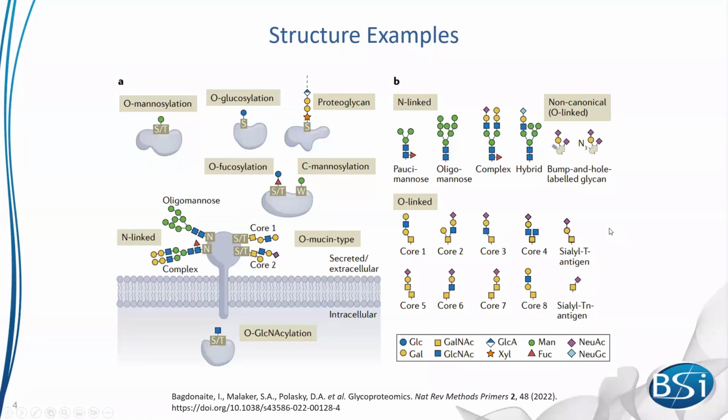O-linked glycans are different in that the structures can be a little bit simpler than N-linked glycans, but they attach at a wider variety of positions. They attach at the serines and threonines, and there can, in some cases, be several different sites on one particular digested peptide that an O-linked glycosylation can attach to. So actually finding the location of it can be a challenge, and Peaks has some ways of dealing with that.